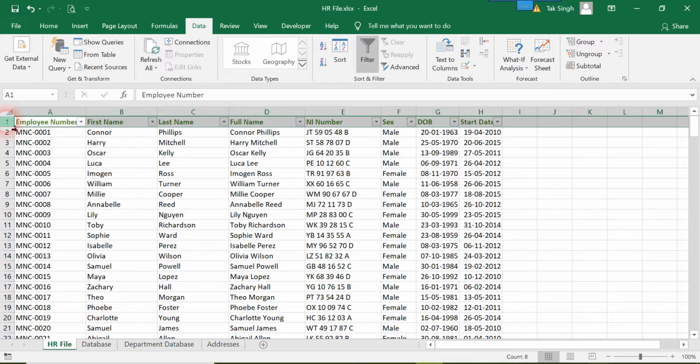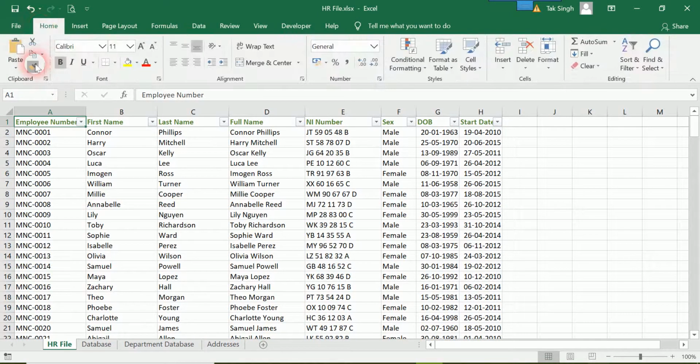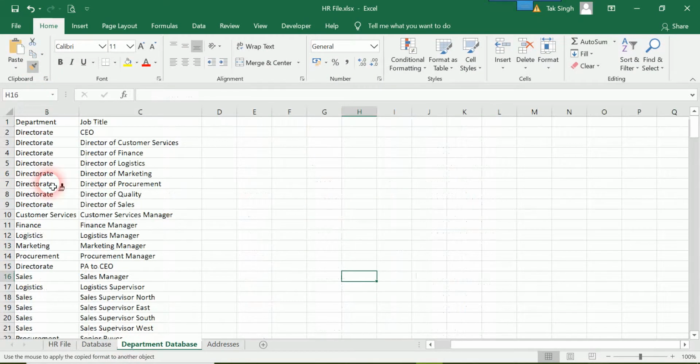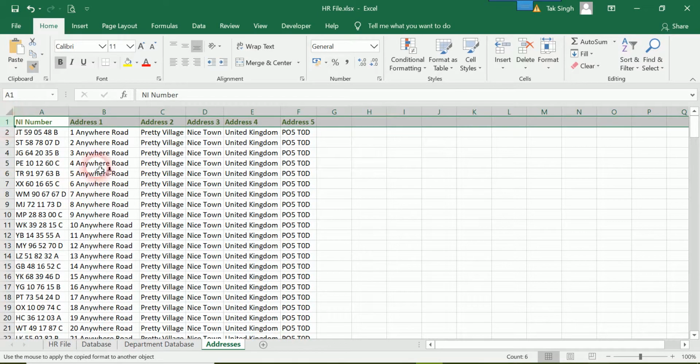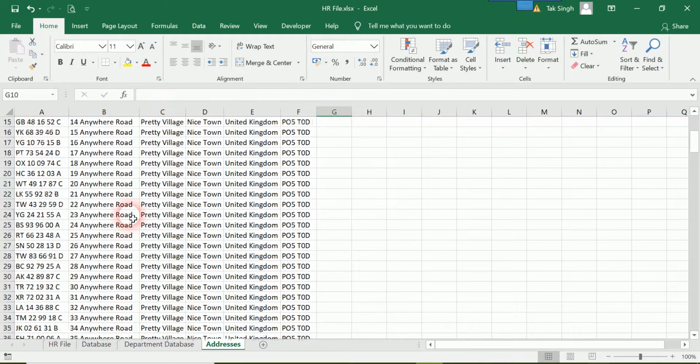There is one thing that I need to do, which is copy the format using Format Painter. I will double click this and then in the department file, department database, I will apply this to these two cells, and in address I will apply this to the first row. Now I will press the escape key to escape out of my Format Painter, and now when I scroll down there